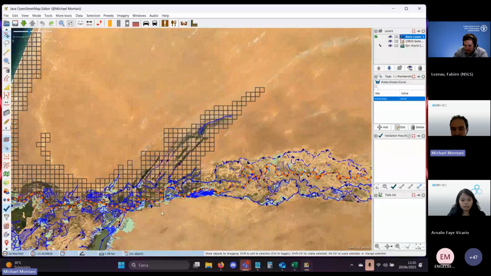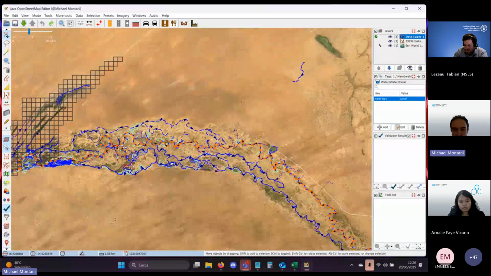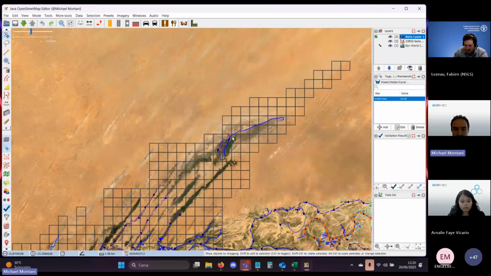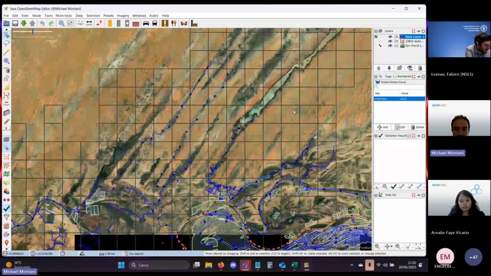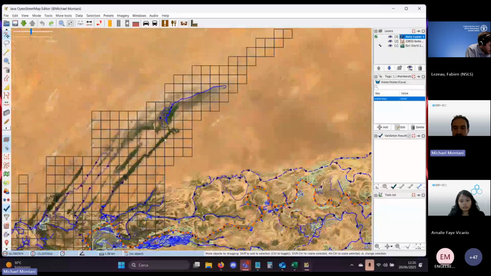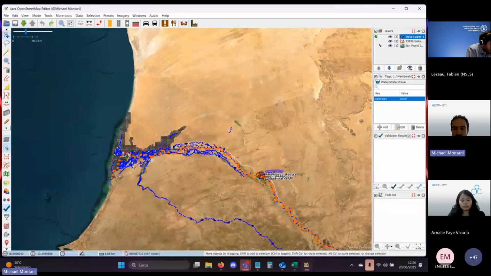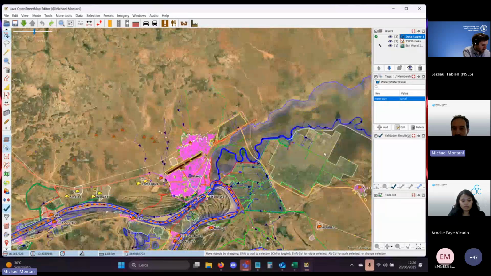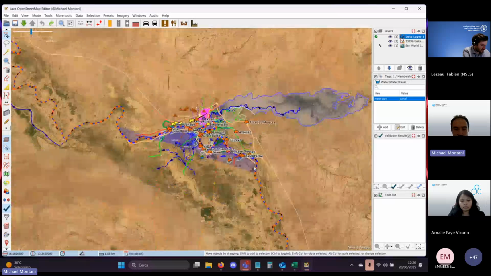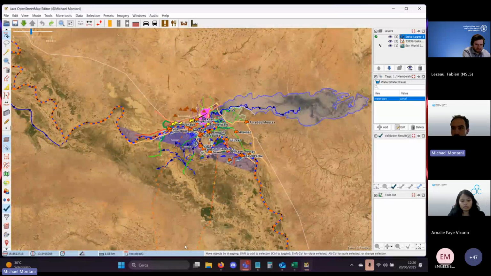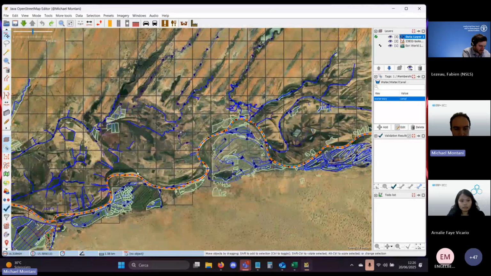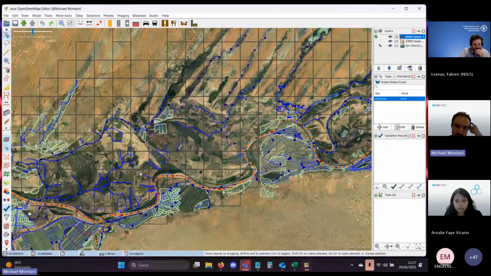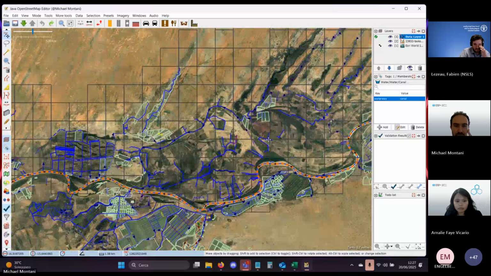If you are a bit more on the north, like here, it will I think be always the same, but I saw some cases in which that is not very straightforward. Most of the cases it will be going to the main river.